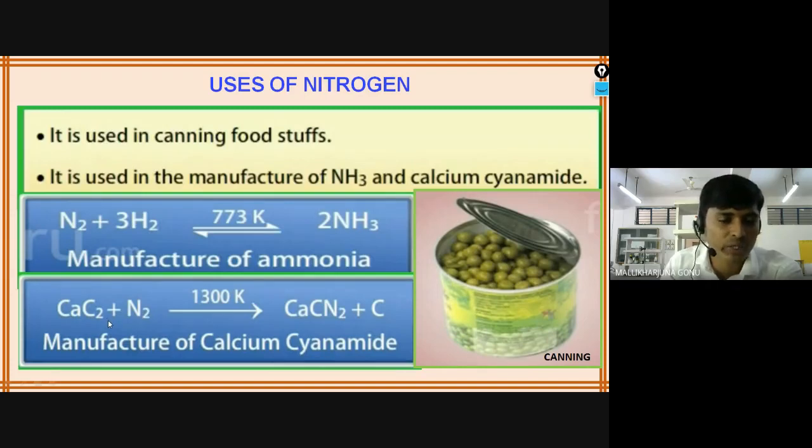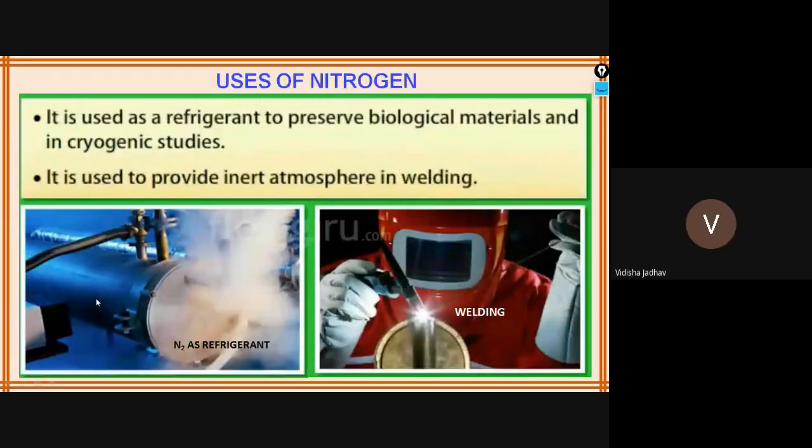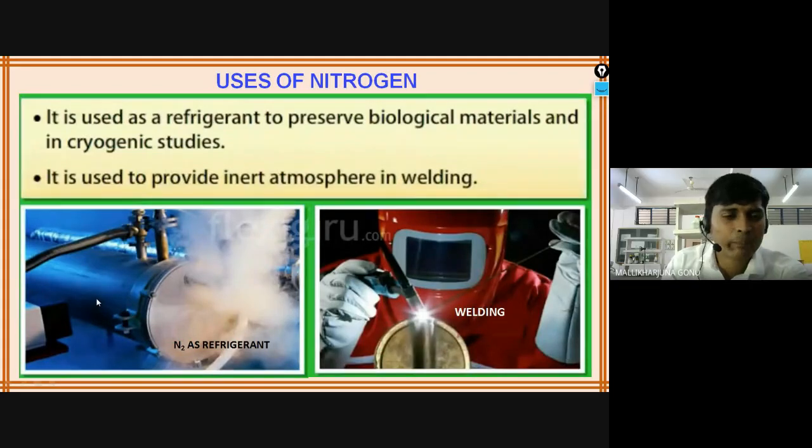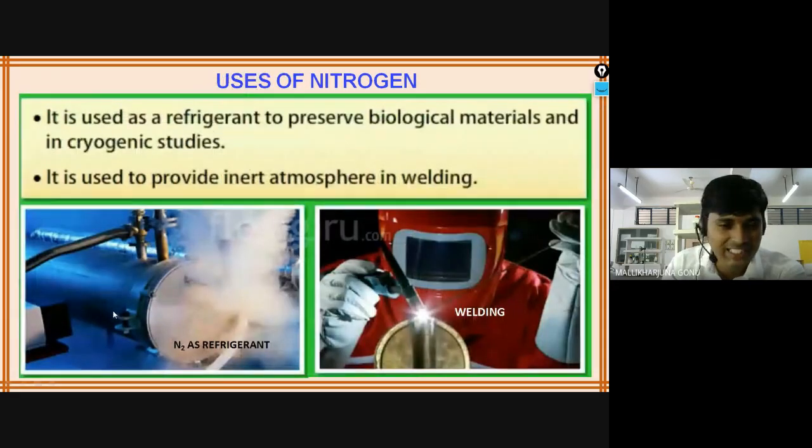So this calcium carbide we have used in organic chemistry also. Do you remember, Vidisha, or anybody remember where we have used this? Vidisha, do you remember where calcium carbide is used? In walls, sir. Huh? Okay, in the preparation of acetylene gas: when calcium carbide reacts with water, acetylene gas is released. In organic chemistry, in the preparation of alkynes, acetylene, we have studied that one.